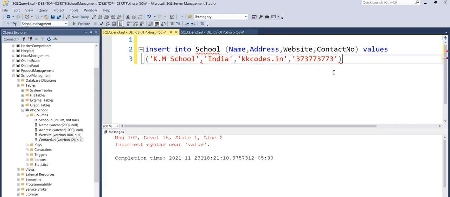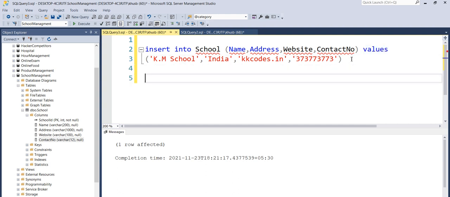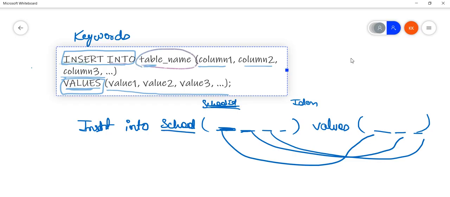Okay, so we need to specify values here. The keyword is values here, not only value. Okay, so one row affected, which basically means that we have inserted data in one row. And now to see this data, what query I need to write, you need to write a select query.